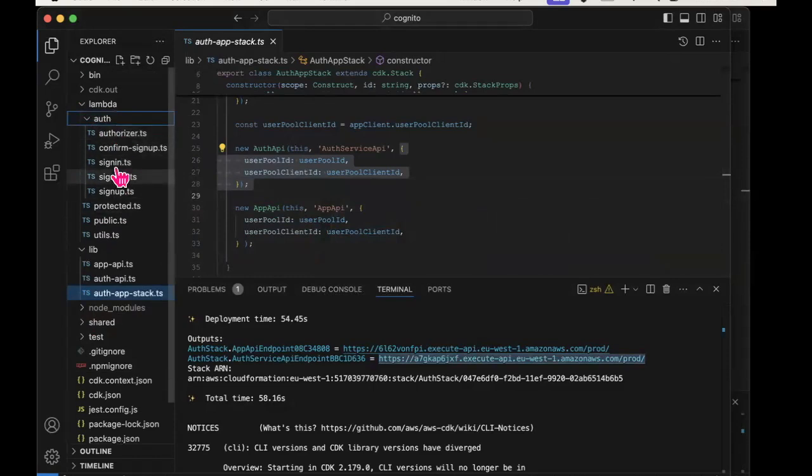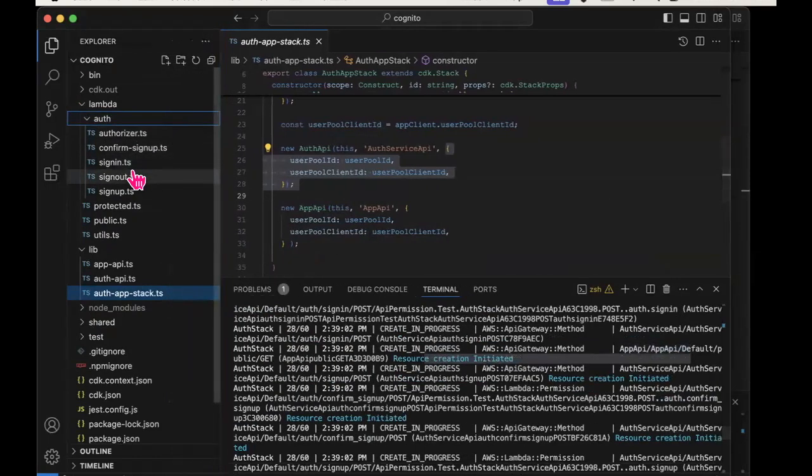Here's a whole bunch of lambdas, and you can tell from the names that, if I pull this over a little bit, it looks like this is the lambda that may have executed when I did my registration. This is the lambda that was executed when I confirmed my registration. Now that's all I've done so far. So let's look at